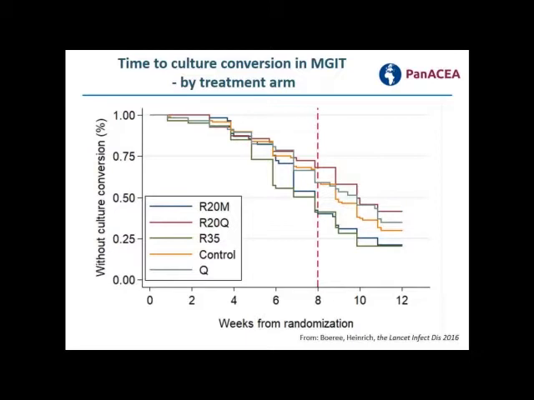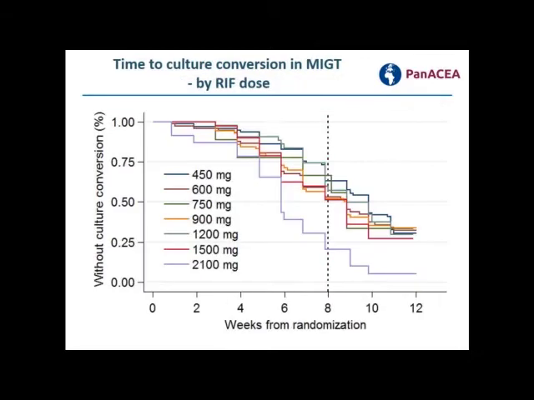The green line is the 35 milligram per kilogram arm, which was better than the control at an adjusted hazard ratio of 1.8. Now looking at doing a similar analysis again just by rifampicin absolute dose led to the somewhat surprising finding for us that actually most patients receiving different RIF doses seem to have achieved culture conversion in a relatively similar way, as you can see, and it was only the 2100 milligram receiving patients which were really outstanding in their time to culture conversion and converted much faster. This translated into a hazard ratio of 2.8, and of course this was not a randomized comparison but a post-hoc